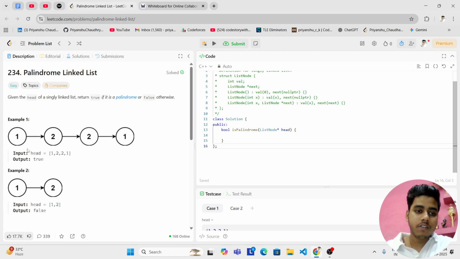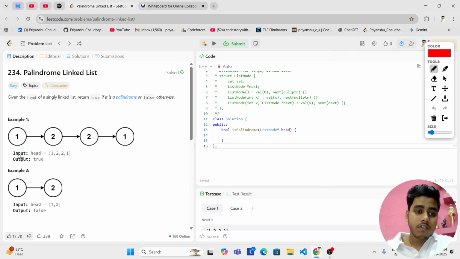So in example one we can see 1 2 2 1. Yes, we all know what a palindrome is. If we read it from the starting, the numbers come as 1 2 2 1, and if we read it from backwards, the numbers again come as 1 2 2 1. All right. If both readings, backward or forward, come out the same,